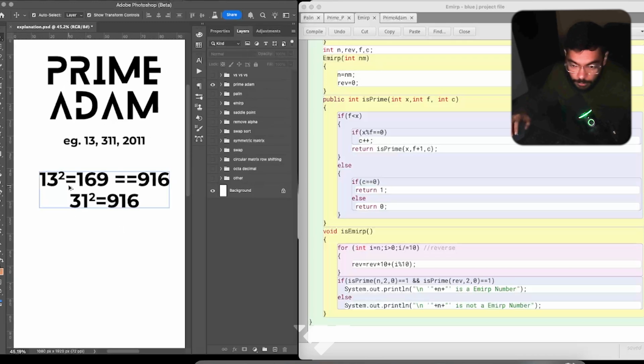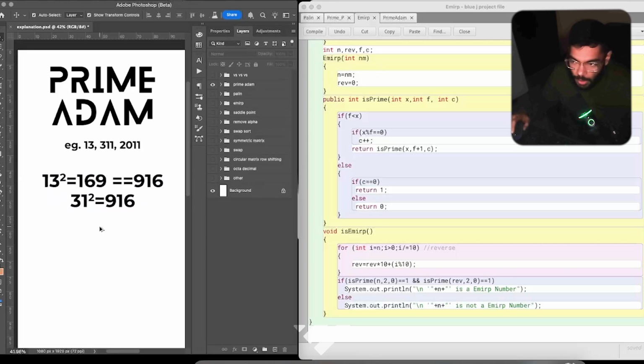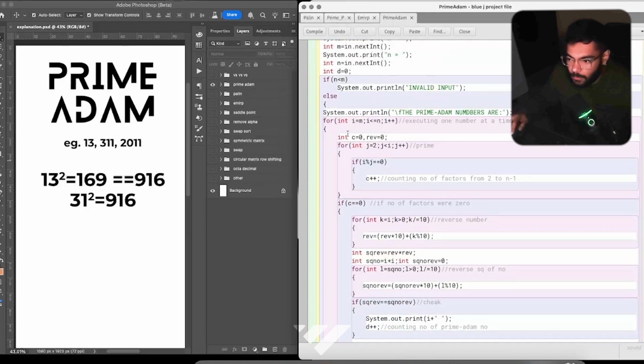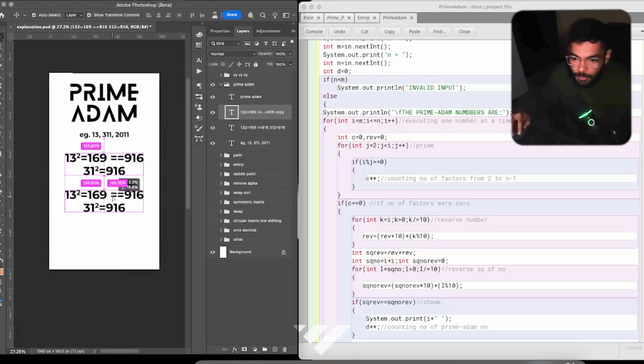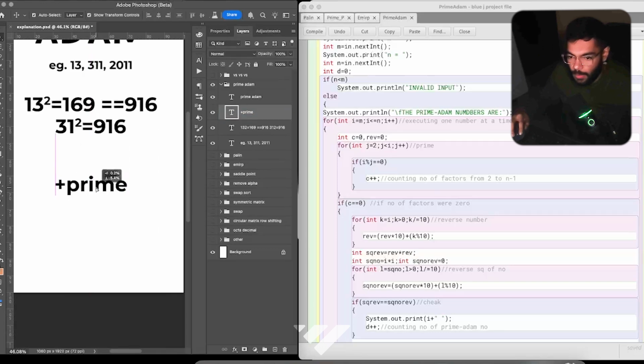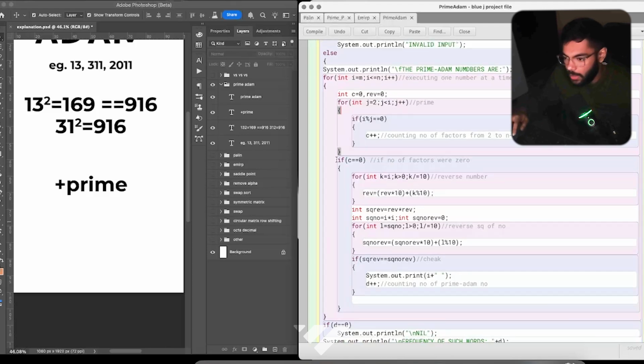Like you square the number and then reverse that square, keep it in a variable, then reverse that number and square it. If both of those are equal, it is a prime Adam number, otherwise it is not. This is also a relatively very simple program. So first we check if it is a prime number or not. Prime Adam, it also has to be a prime. Everyone wants prime. Optimus Prime, the prime age. Okay, so first we check if it is a prime number or not, otherwise then we check if it is an Adam